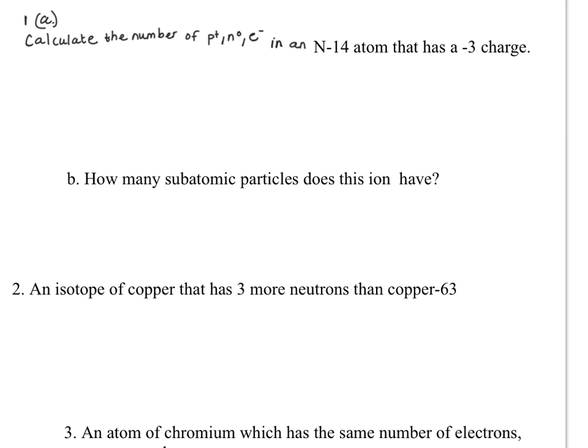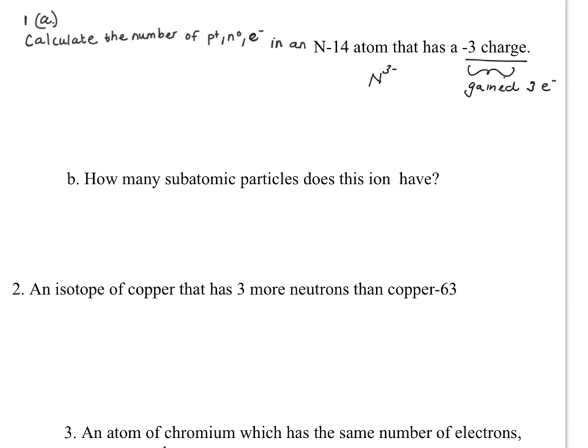We're going to look at isotope problem number 1A in your lecture outline. This problem asks to calculate the number of protons, neutrons, and electrons in a nitrogen-14 atom that has a -3 charge. This -3 charge indicates that nitrogen has gained 3 electrons. And since it has gained 3 electrons, now it becomes nitride,